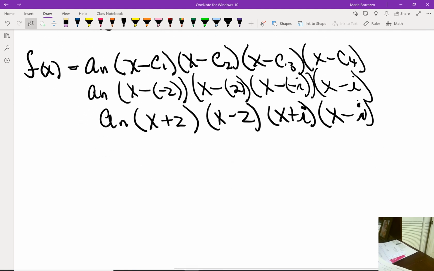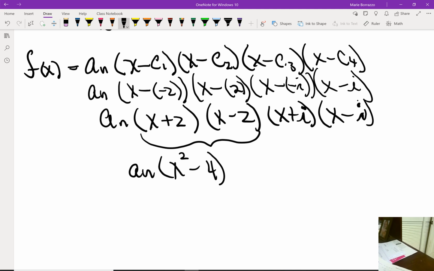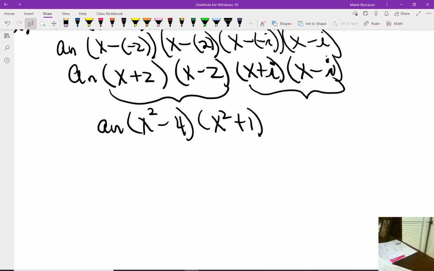And now we start to factor. So if I factor these two out first, I have a sub n times x squared minus 4. And if I factor these, I'm going to end up always with x squared plus 1. Always. This simplifies to a sub n, and if I factor all of these, I end up with x to the 4th minus 3x squared minus 4. Remember, this is f of x,